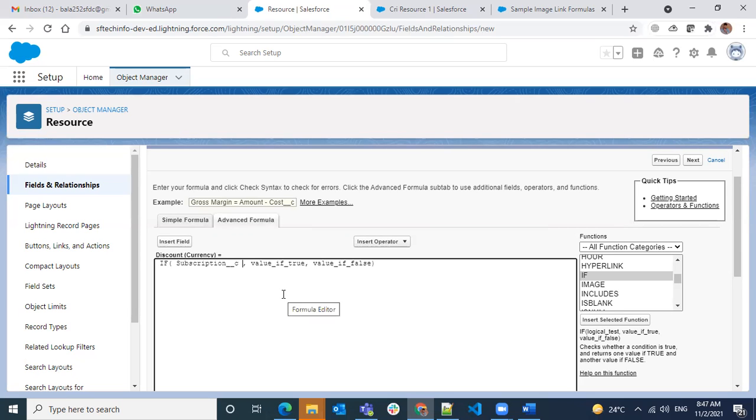If my subscription is equal to diamond, but the problem is the subscription is a pick list value, so we cannot directly compare it with the text. There are two ways. Either you need to convert this pick list value to a text value and then compare against the text,